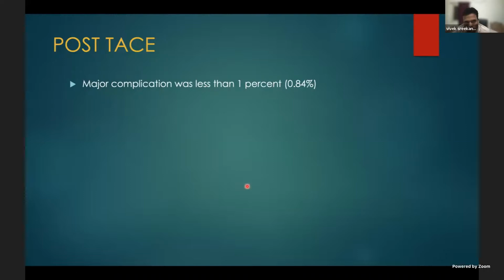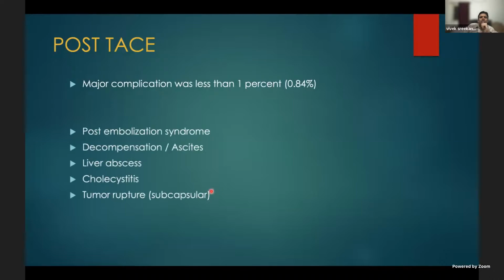Again, coming to the post-TACE complications, it's fairly well tolerated, and the major complication rate is less than 1% in a large study which included around 566 patients. Some of the expected complications are post-embolization syndrome, which is transient, with transient elevation of the enzymes, fever, vomiting and nausea, which can be treated symptomatically. Whereas